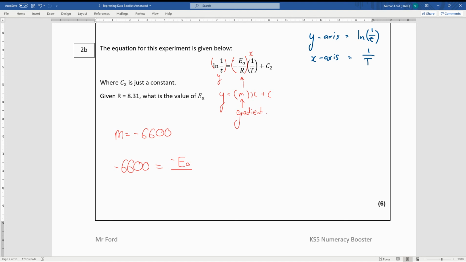Just need to check that that's right. Yep. And this is all given to you by 8.31. The rest is a bit of maths. We're going to do algebra as another unit, but that cancels with that. So that means the E_A is equal to